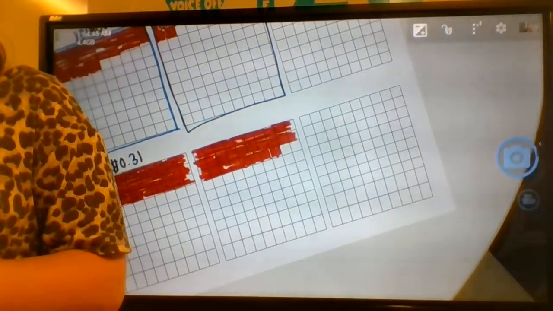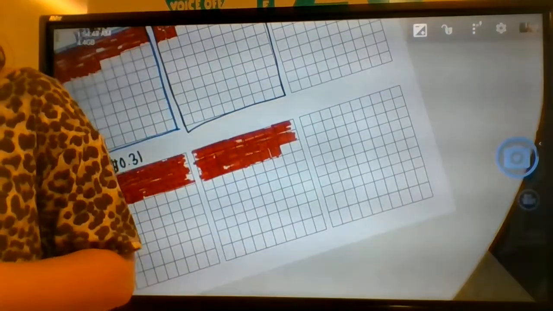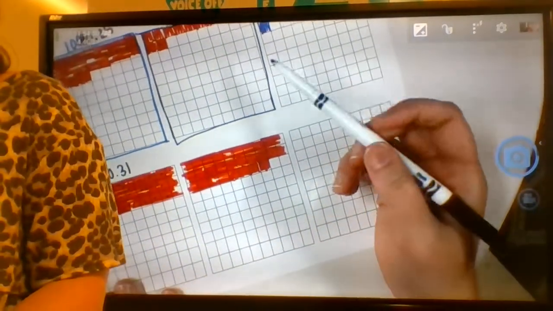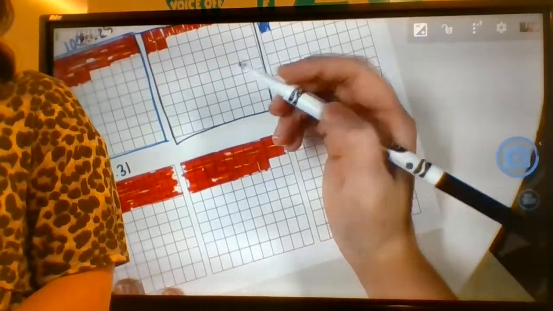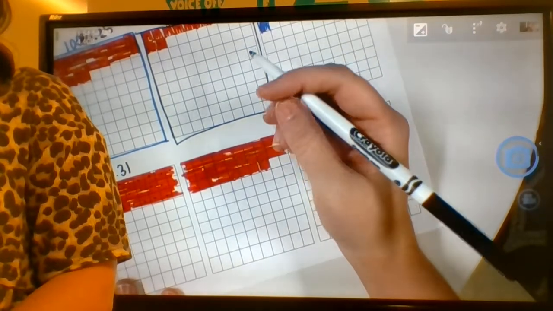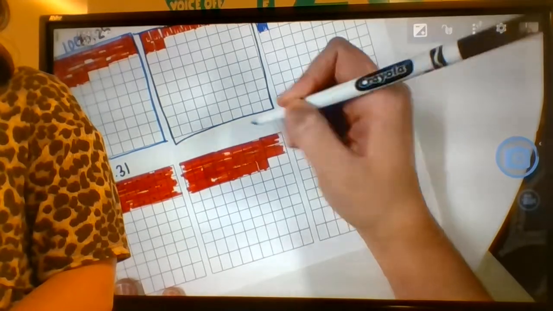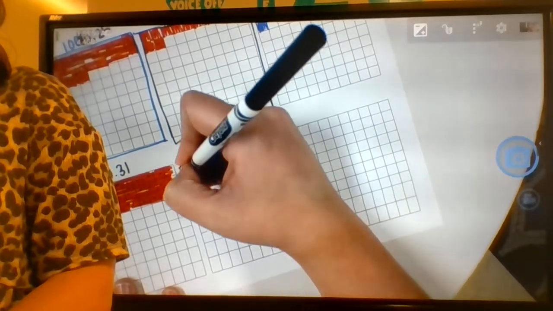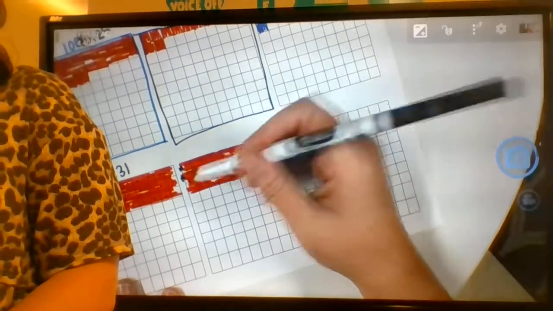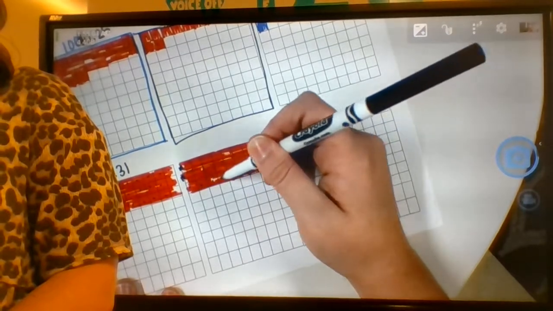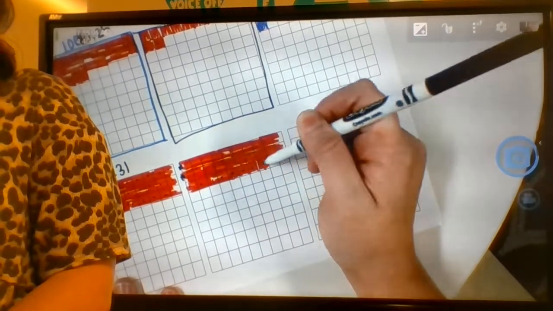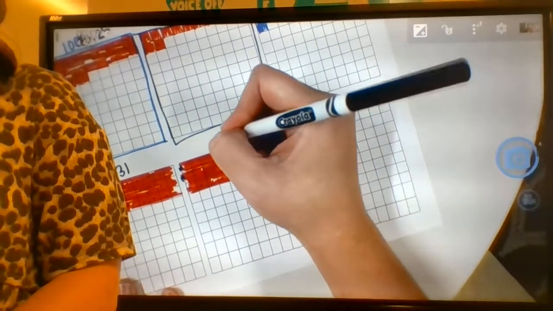All right. You know what time it is, guys. It is time to count it up. So if you don't want to count each individual square, I'm going to show you a quick trick. If we know that this row equals 10, we can count by tens and go 10, 20, and then we can go 21, 22, 23, 24, 25, 26, 27, 28. So that's